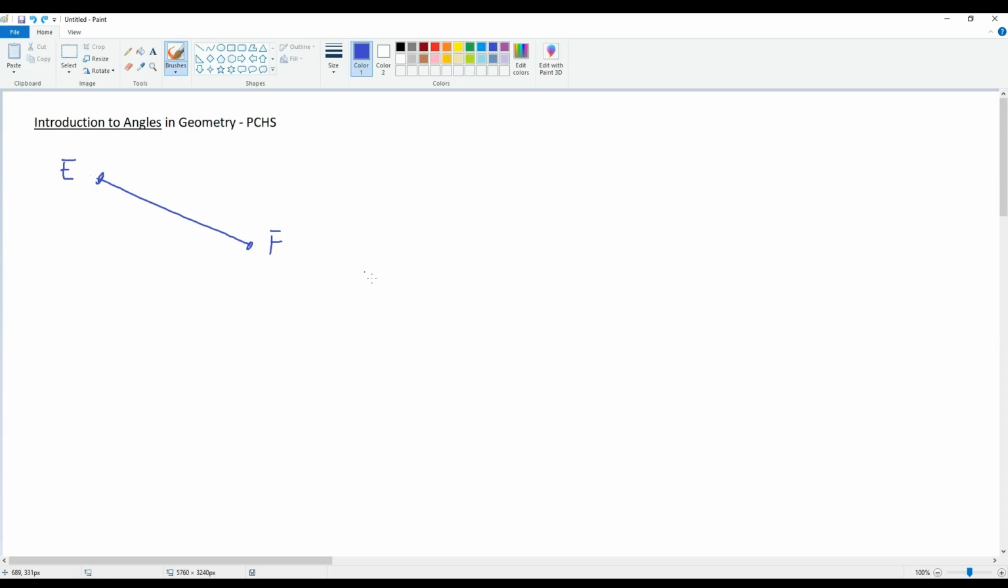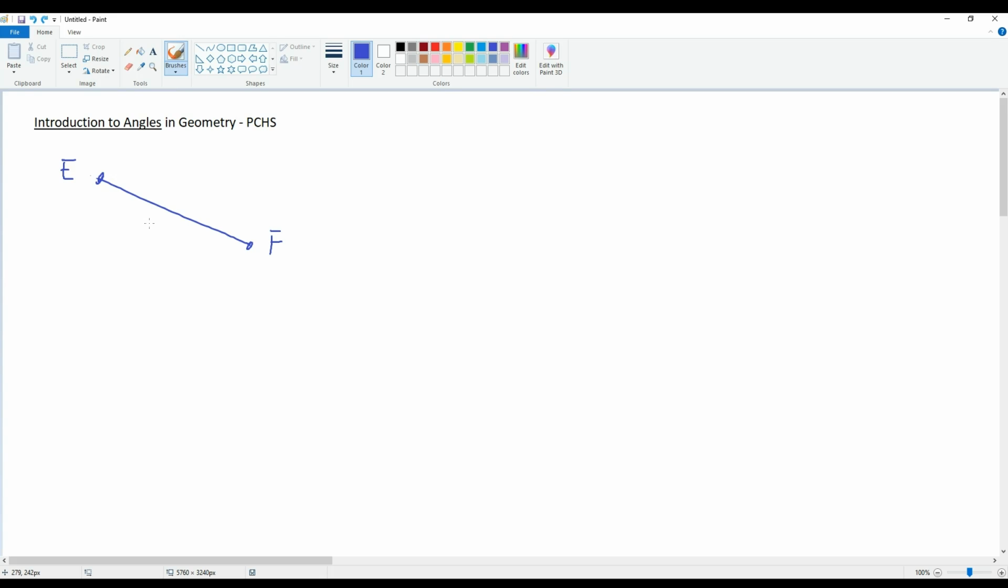Hello! Today I will be teaching the basics and the general introduction when coming across angles in geometry. To start, an angle is basically a combination of two rays with a common endpoint or a vertex where they